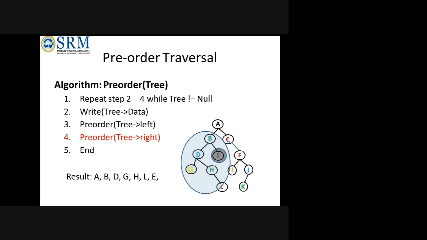When it comes to its right child, it knows that it is C. But when it visits C, it will know that it has a right child and no left child. So first it will print C, because the data is the root. As per pre-order, the root will be printed first. But this will differ for in-order and post-order; after that we will see. Now only consider your pre-order alone. So the root C is now printed.